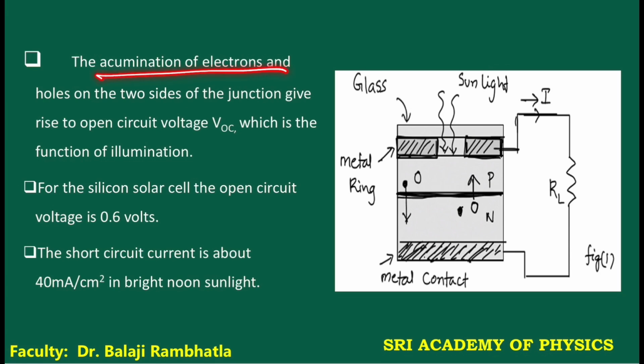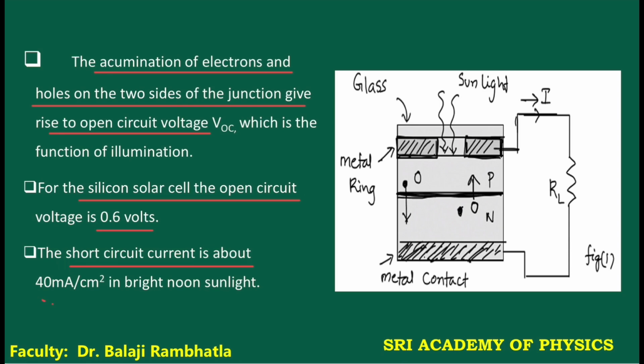The accumulation of electrons and holes on the two sides of the junction gives rise to open circuit voltage. Suppose the circuit is made with silicon, this value is around 0.6 volts, and the short circuit current is around 40 milliamperes per centimeter square. Suppose the circuit you are making is open at this point, the voltage across this point is called the open circuit voltage,